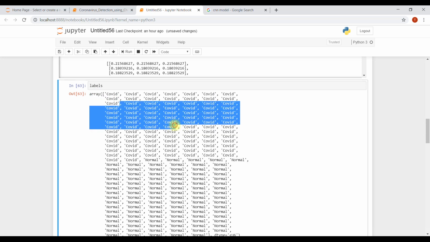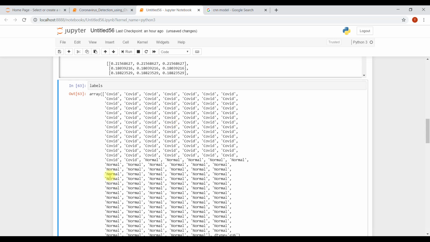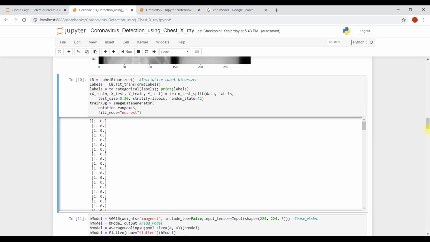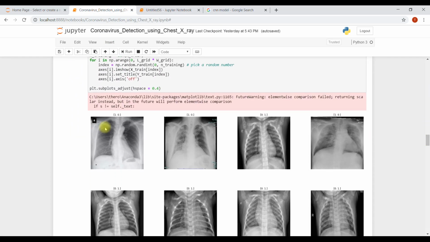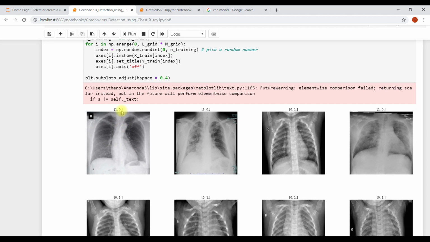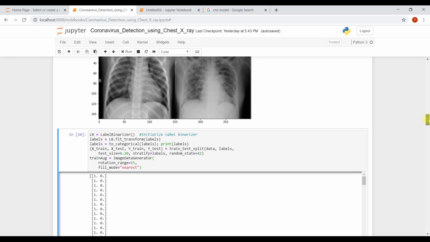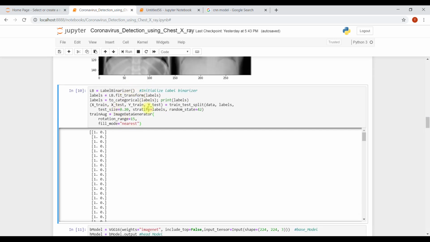Let's say for COVID you can give 0, for normal you can give 1. Here also we have done it for coronavirus images. See the difference: 1 0 means COVID-19 chest ray, and for normal we have given 0 1. This is what we call binarization, the label binarizer, binarization of the labels.